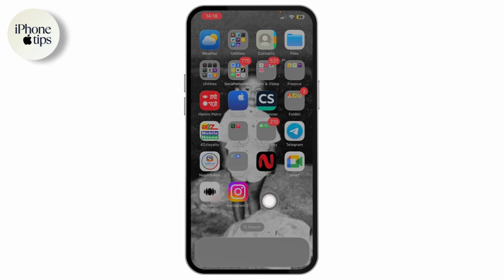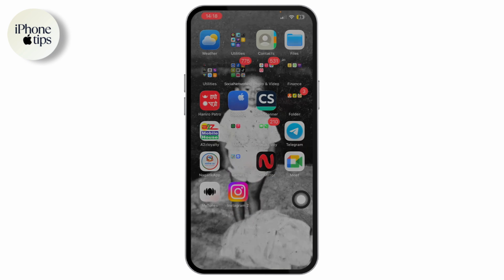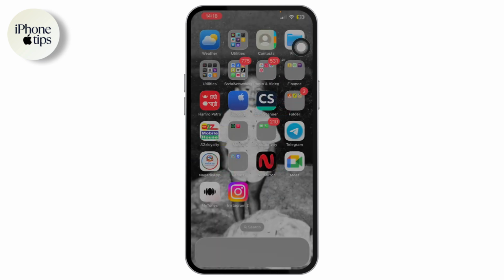As you can see that the application has been added. I already have an application right here, and then this is the Instagram 2, which we've just added. That's how you can get dual apps on your iPhone, and if you have any questions, feel free to comment